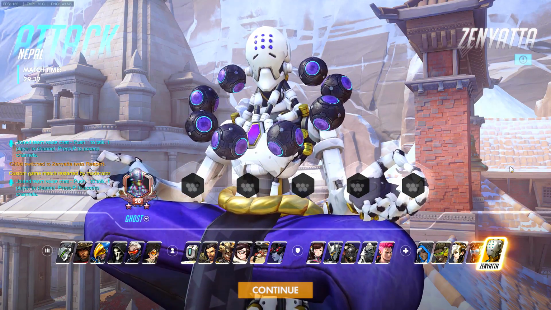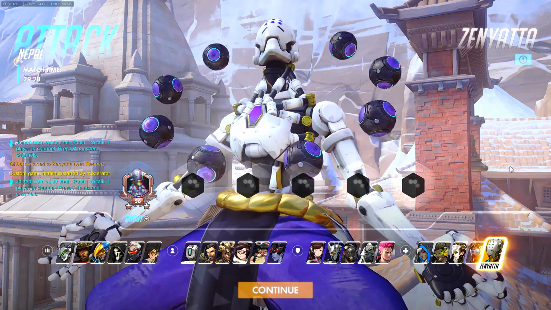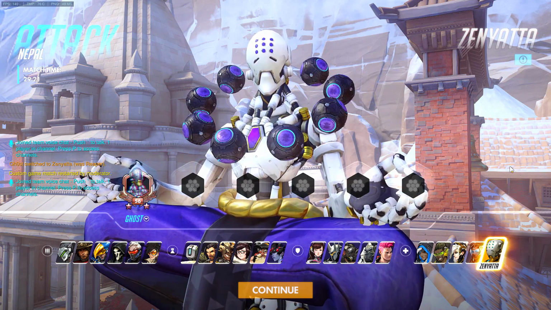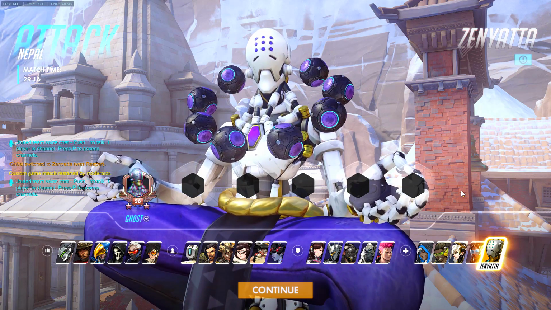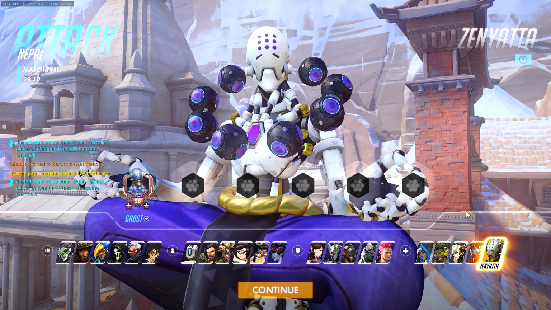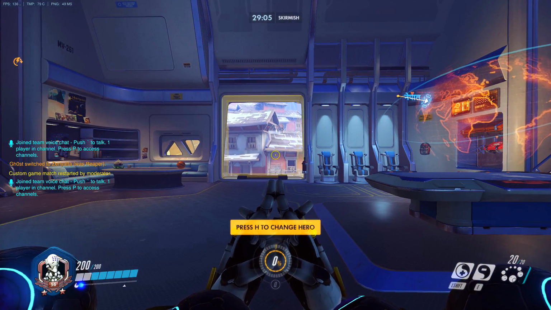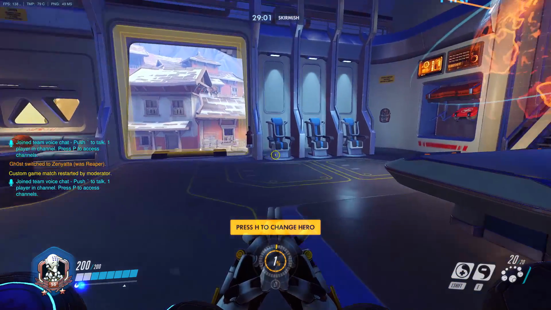Ghost here from RNG Prime, and today we are going to be talking about how to play Zenyatta on all KOTH maps. So the base map that I will be using for this video is going to be Nepal, but this can pretty much go for any King of the Hill map when you're playing Zenyatta or any other support. Okay? But Zenyatta in particular is probably one of the most important besides Ana when you're playing on a KOTH